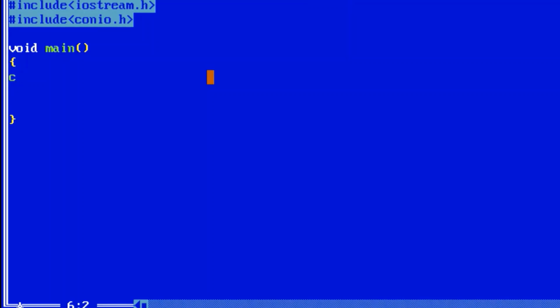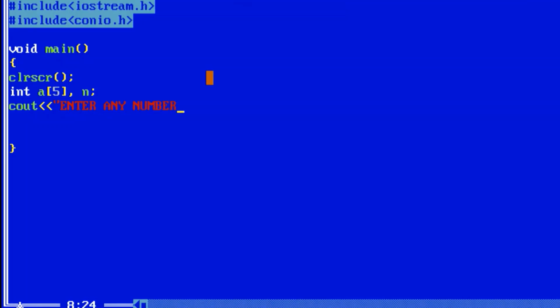Now to make the program, we first declare an array, that is a[5]. Here the size is 5, so it will store a maximum of 5 bits. n is a variable so that the user can enter any value during runtime, that is, enter any number.